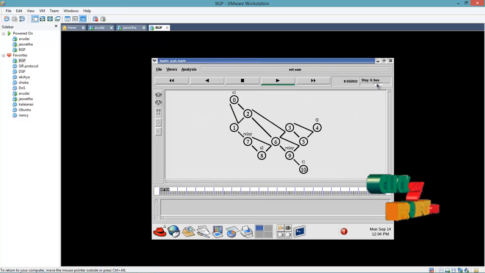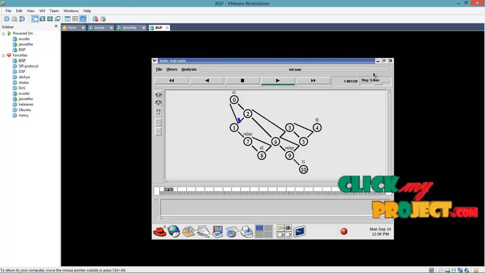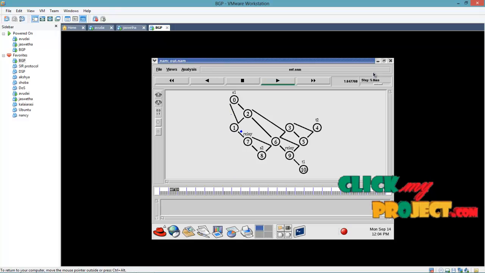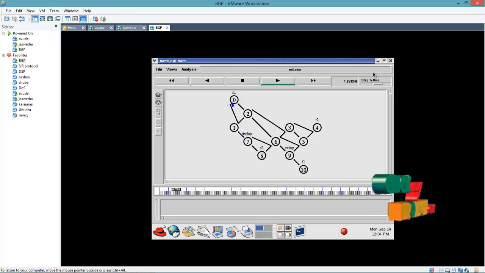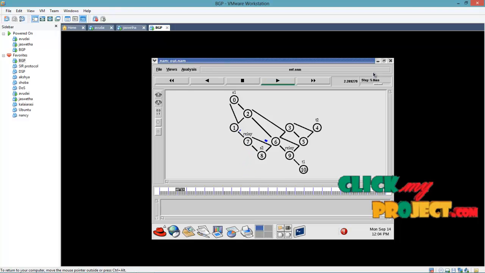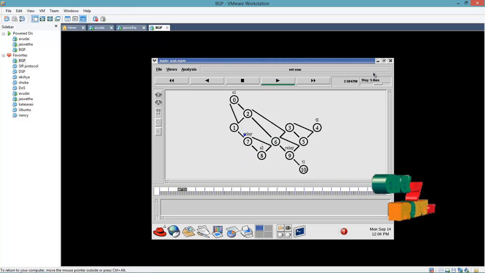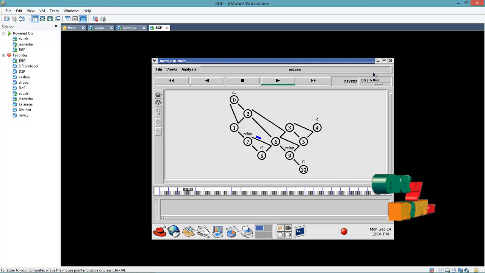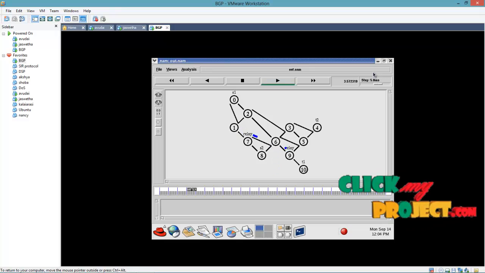We have to select one source, two sources and two destinations. Between the source and destination we have to select a relay node. Relay node means the shortest node in between the source and destination. We have to select that node as the relay node. While the program is running, packet loss will occur, then the packet will be dropped. After that it will reach the destination using the relay node.